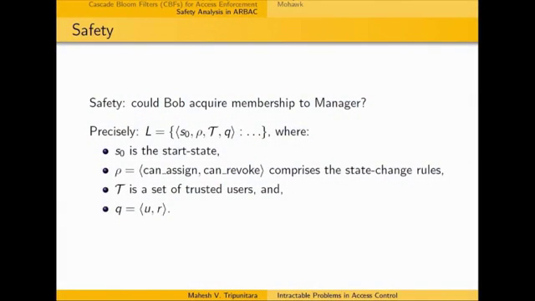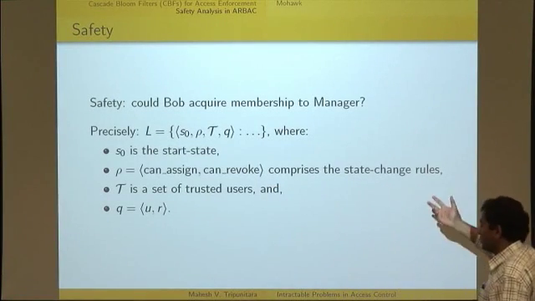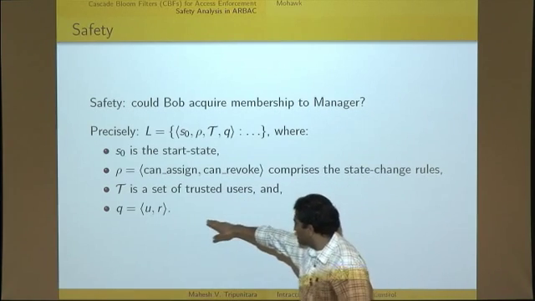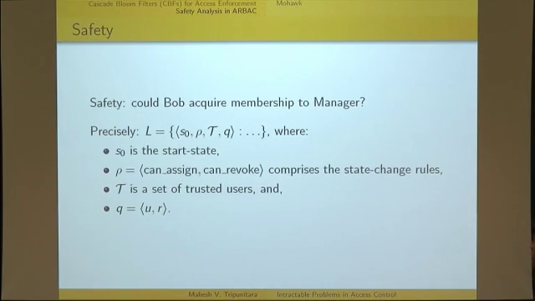So safety, the question is, of course, whether a user could acquire membership to some role by some sequence of actions. So more precisely, if I was to write it as a language, we have a start state, which is the RBAC graph, right? We have these rules, right, by which the state can change. Okay, I'll explain this in a second, the trusted users, and then we have a query. Okay, what is this set T of trusted users? Well, it doesn't change the computational complexity or anything, but it comes up from practical